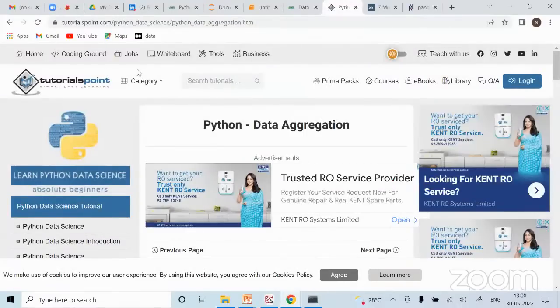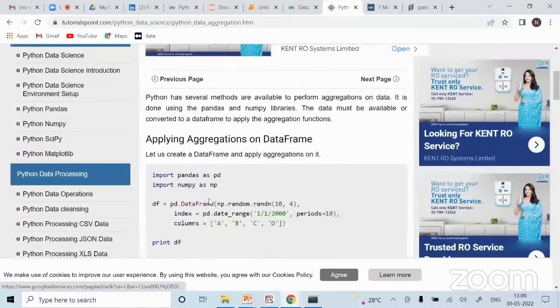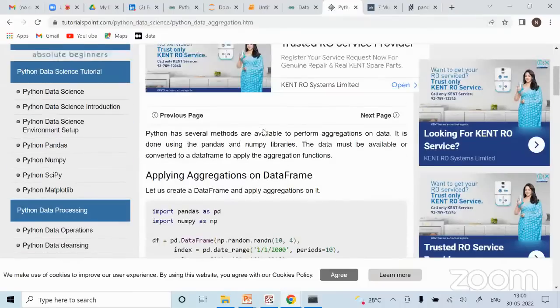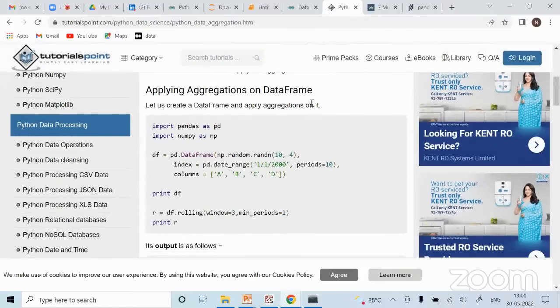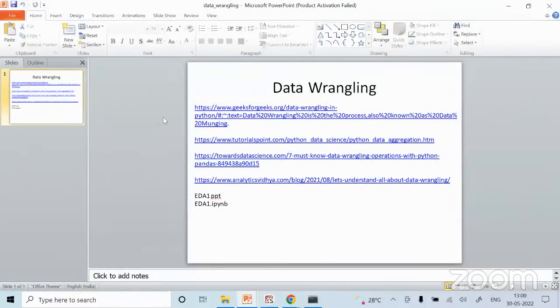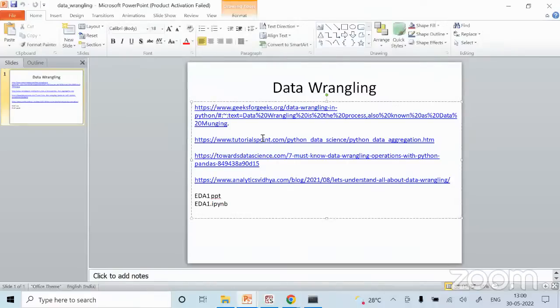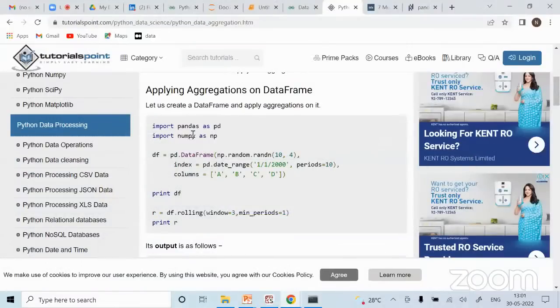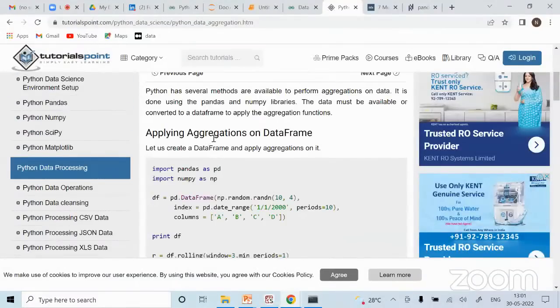I found this was a good blog, good tutorial. Then there is another tutorial I found where there were more operations from the data frame side, showing where we can use these. All these things I have already put in this one slide, the data wrangling PPT, which will be uploaded today. So you can go through them one by one, and you don't have to bother about which link I showed you. This is the first link we went through. Now this is the second link which we'll be going through. Let's try to go through this blog as well.